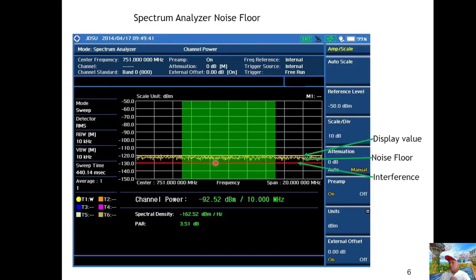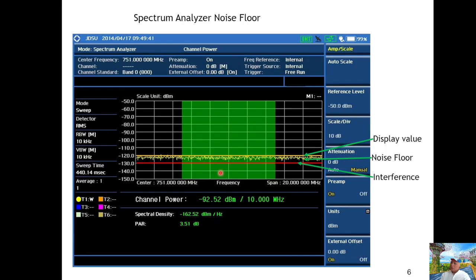Before this interference comes in, the noise floor is this line in the meter. If the interference comes into the input port of this spectrum analyzer, the displayed value will increase from the noise floor to somewhere here, for example around minus 100 dBm.